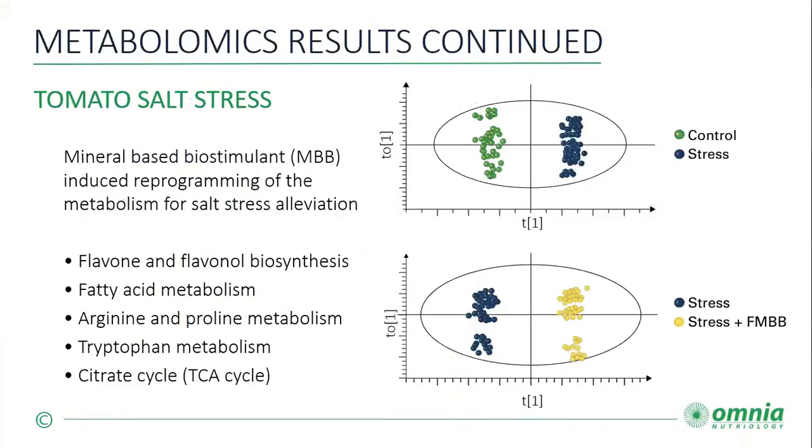Now, as we move on, this slide essentially shows the exact same data represented in a different configuration. As mentioned before, metabolomic studies generate huge quantities of data that are quite intense, and it takes a long time to work through them. Hence, with different chemometric modeling, we are able to further separate and refine this data into more simplistic visualizations. As you can see in this infographic, it is much more clear where we have distinct clusters between your stressed plants and your control plants, as well as between your stressed plants and your stress plants with a mineral-based biostimulant applied.